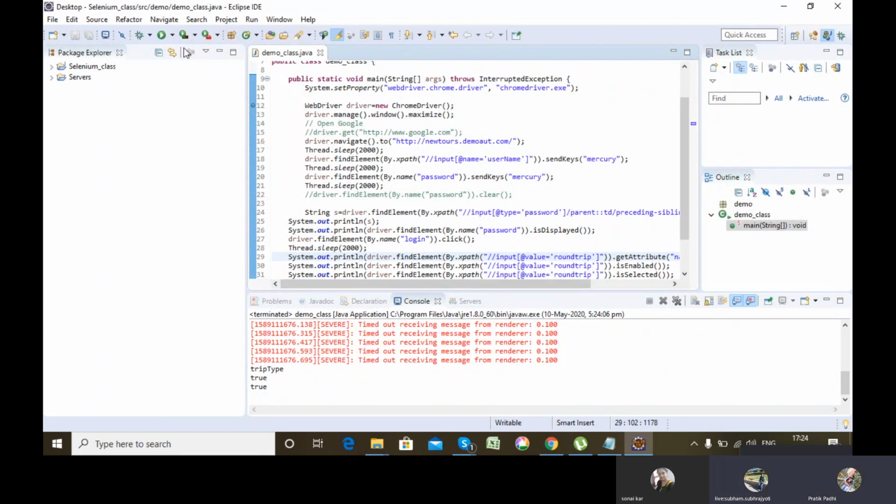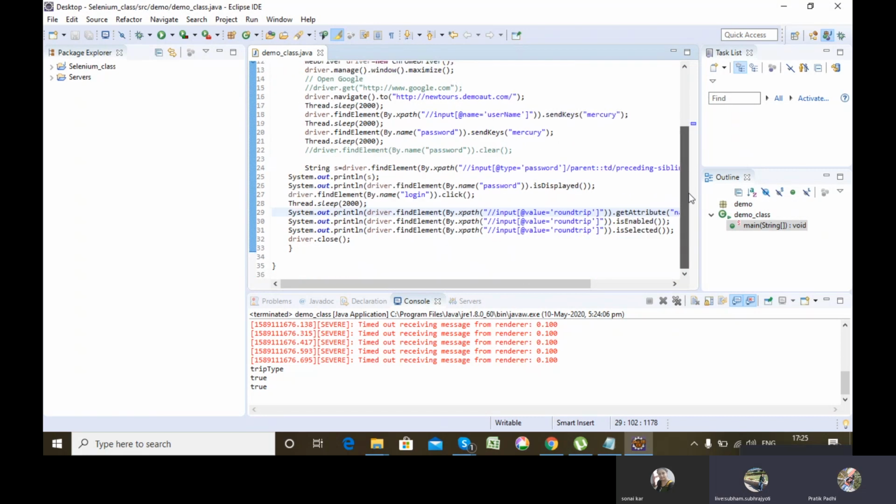The attribute value of the name got printed. Now, if you pass any other value, like type, then it will print the same for type also. Any attribute you can take, and that particular value will be printed in the console.